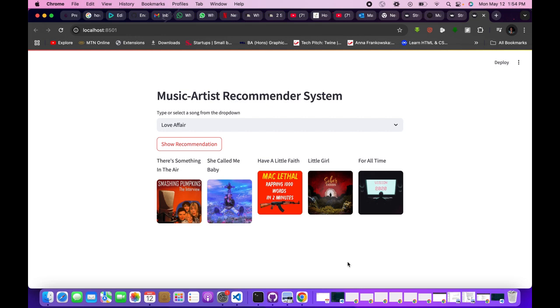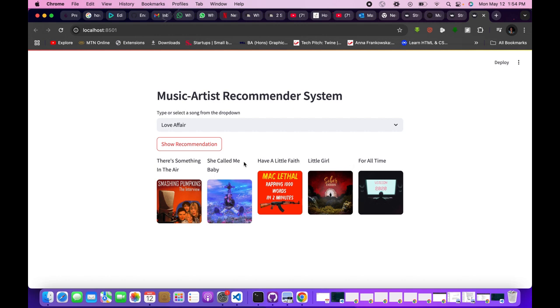I'm going to be building this project, which is a music recommender system. This is similar to how your Spotify application works, but we're building a prototype of that complex algorithm. We're going to be turning out the 5 closest recommended songs for the particular song that the user